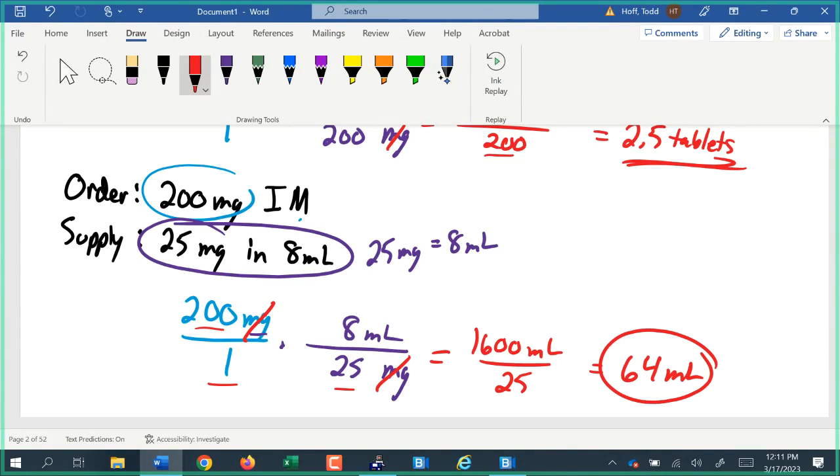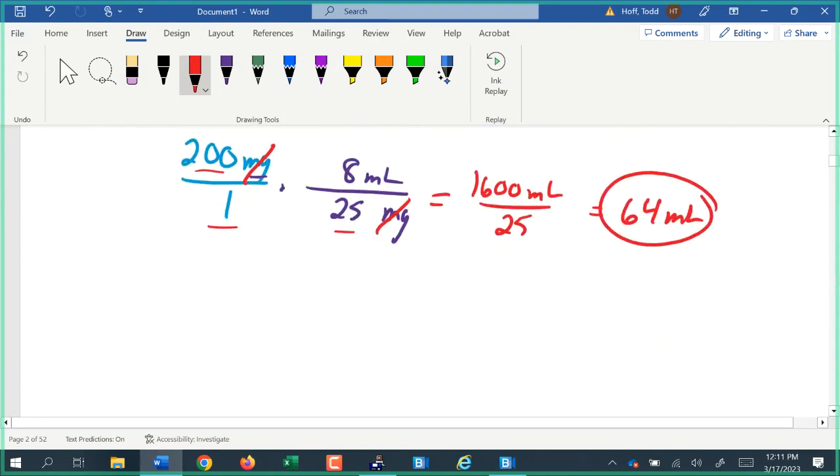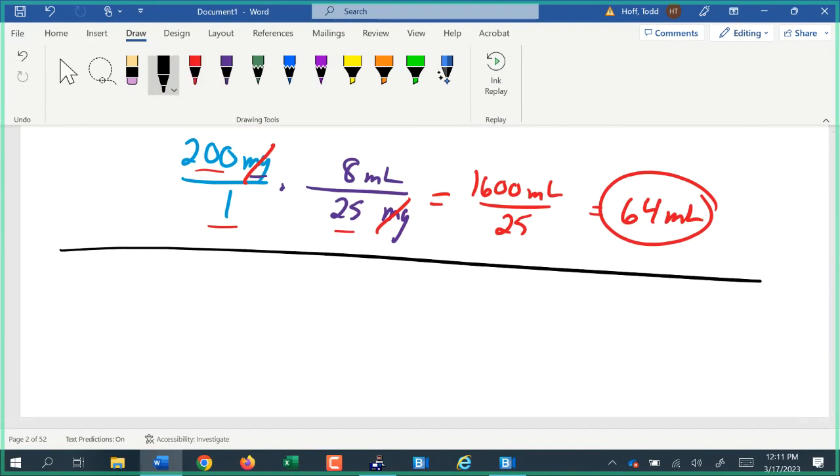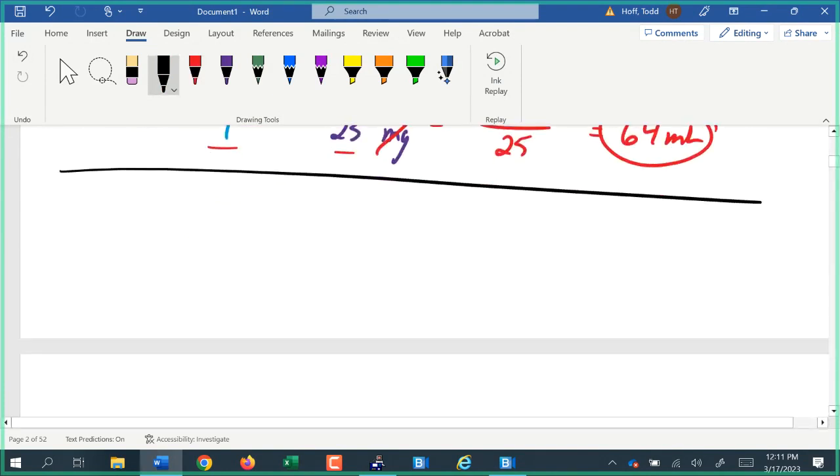Now you might be looking at this, and with these first 2 examples, you might actually prefer one of the first 2 methods, either the formula or the proportion. And I get that because a lot of people don't do their measurement conversions formally like this using the dimensional analysis. But we run into problems like that third example that we had,